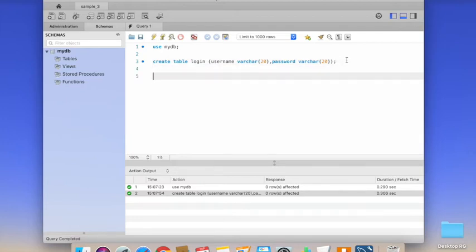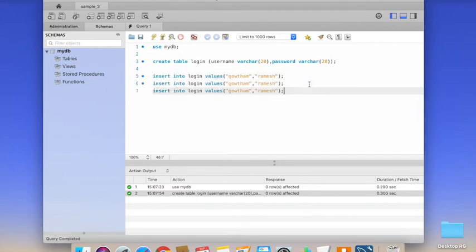Then insert values inside the table. So I'm going to insert some sample data. Now execute these three insert statements.